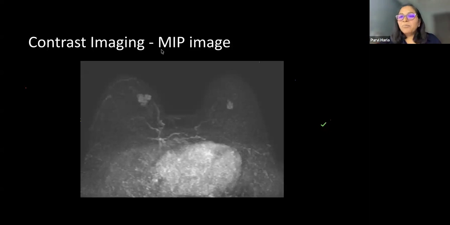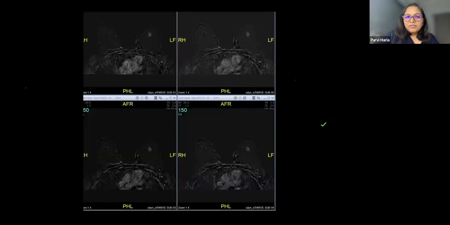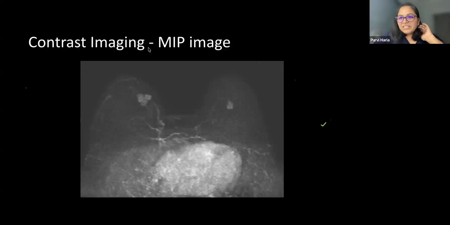MIP is the short form for maximum intensity projection. Here, you take a set of subtracted images and increase your slice thickness. I'll go back to the first phase. Suppose I open this phase; these slices are around 1.5 millimeter thickness. If I slowly keep increasing my slice thickness and cover the entire breast,